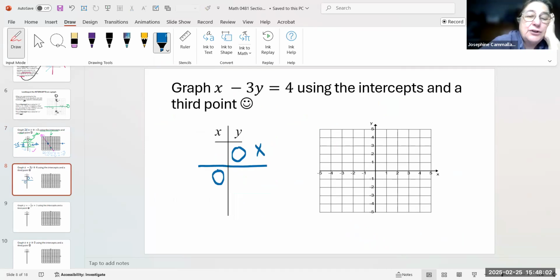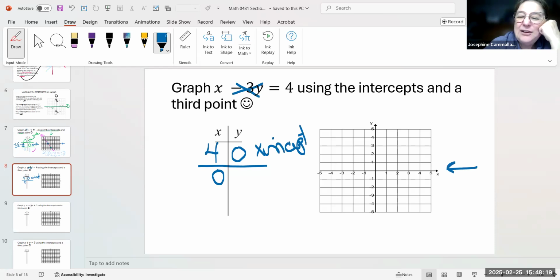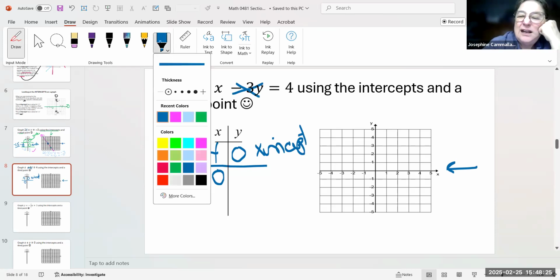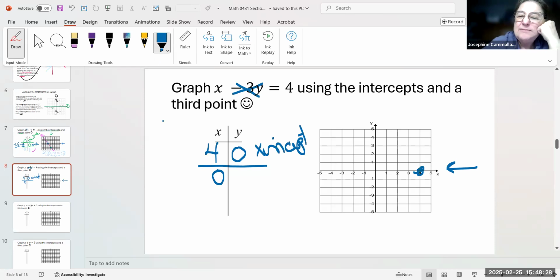Well, that means this is going to be my x-intercept. But notice my y is 0. Well, that means my x is 4. On this line, 4, 0 is my point. I go right 4, left. Now, some people like to put left, right, up, down. Your choice. Okay. Now, the second one,